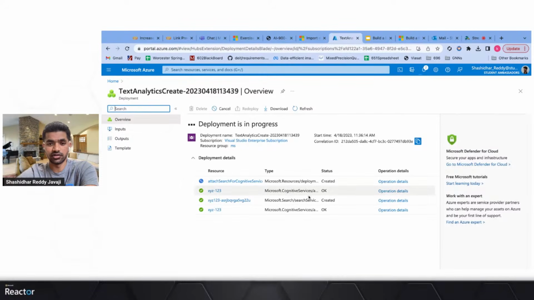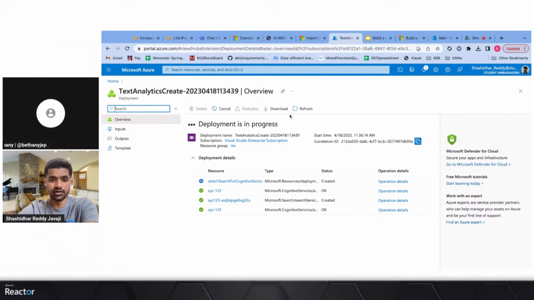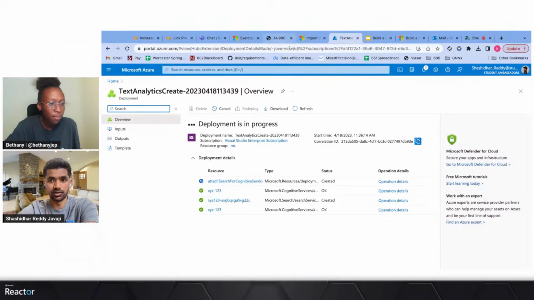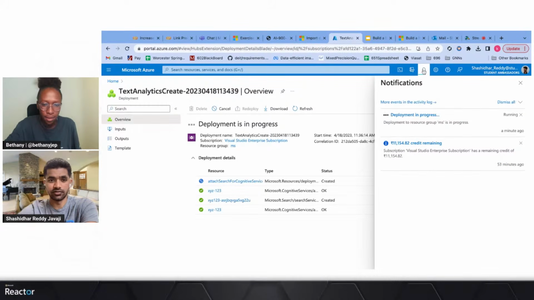So we have the cognitive service and search services already created. If we do want, we can go to our language studio. In the meantime, as we wait for deployment,